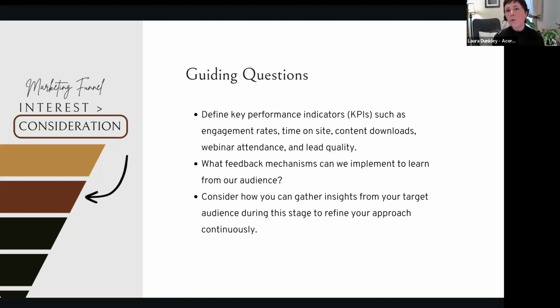Is this the point where we start doing focus groups? Do we send out a survey? Do we ask more questions when they're coming through the consideration? If they're doing a download as a tactic, a lead generation download, is there something else we can ask when they do it? Like, is it a position? Is it how did they find us? There are so many different things that we can consider here too. And know that these are only guiding questions for both the awareness and consideration as we start to consider, to use that word again, what goals we need to create for this part of the funnel.